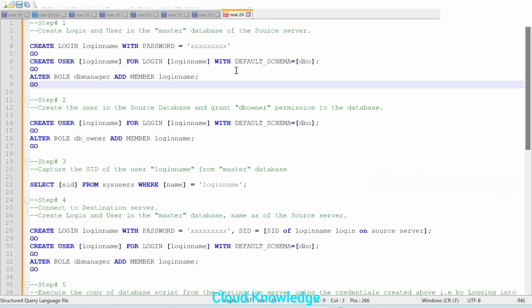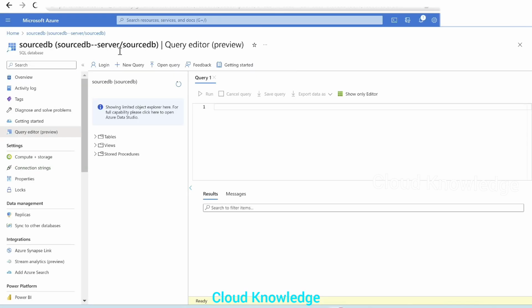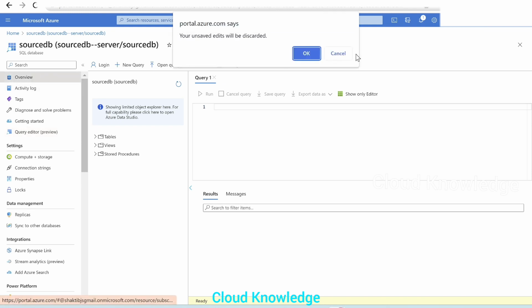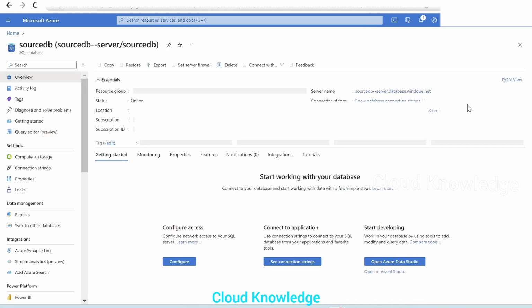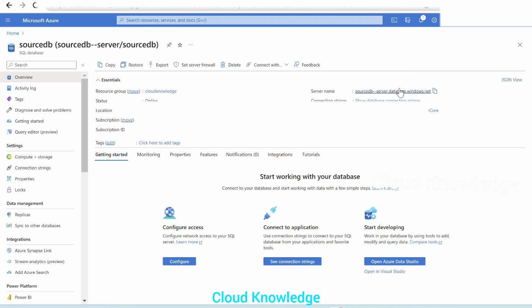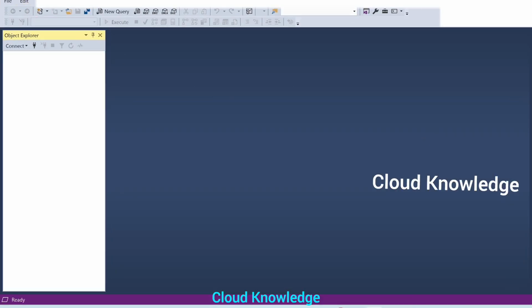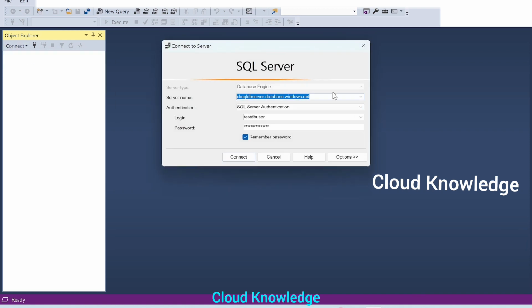In order to execute these commands in the master database, we have to connect to this source database using SSMS, that is SQL Server Management Studio. So we'll copy the server name, open Microsoft SQL Server Management Studio, click on connect to the database engine, and paste the server name here, sourcedbserver.database.windows.net.